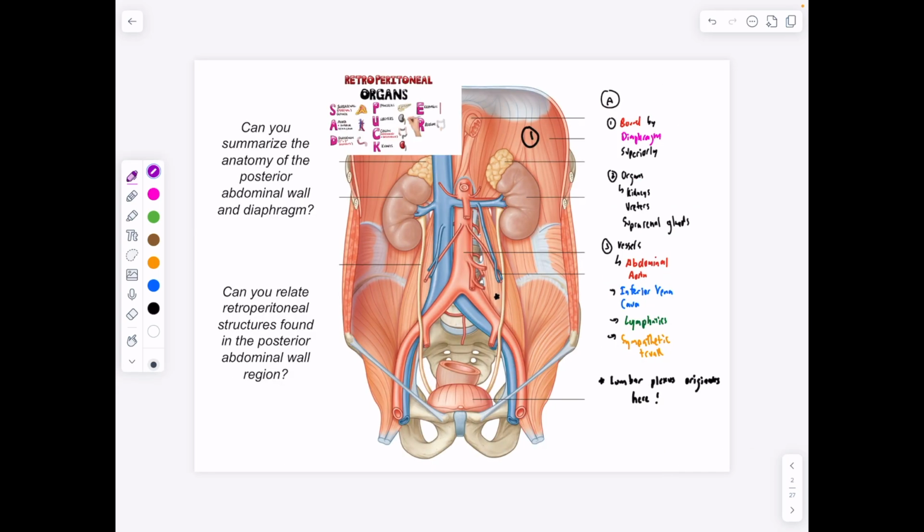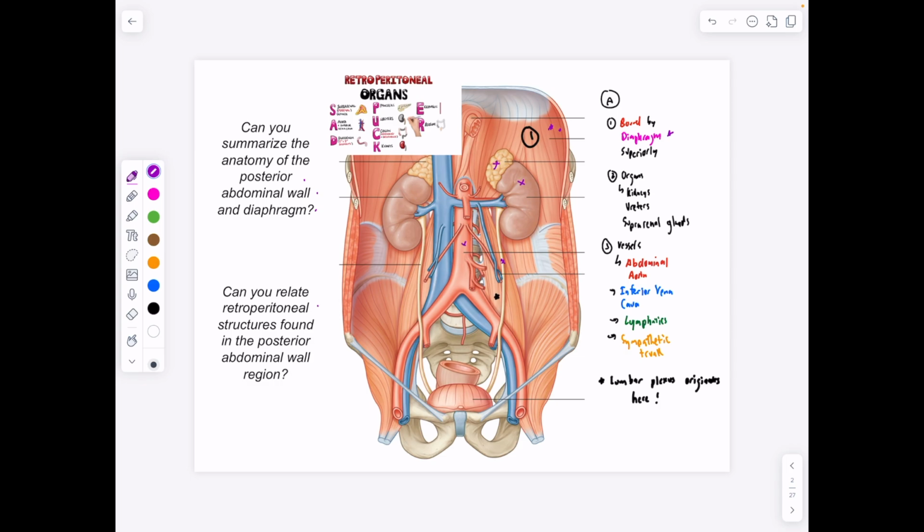Lab 20. So can you summarize the anatomy of the posterior abdominal wall and diaphragm? And then can you relate retroperitoneal structures found in the posterior abdominal wall region? Just starting off with the diaphragm, which we can see here. The posterior abdominal wall is bound by the diaphragm superiorly. The organs include the kidneys, the ureters, and the suprarenal glands, and